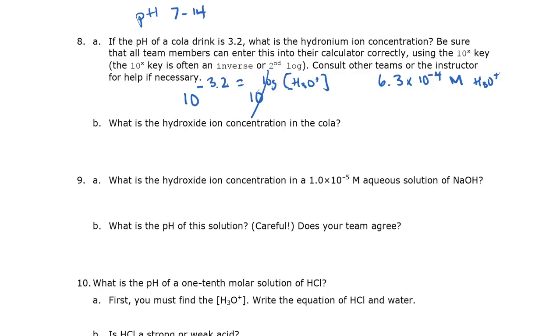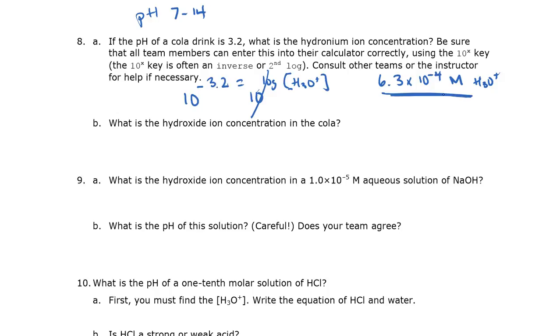If you have a non-algebraic calculator, then the way that you do that is you just put in the 3.2 negative, and then you just hit the 10 to the x key. You need to practice with your calculator. This is the tricky one. And this particular activity is when you become happy that you spent the 12 bucks on this calculator, because it works out really nicely. So make sure you can get this answer, 6.3 times 10 to the minus 4th.